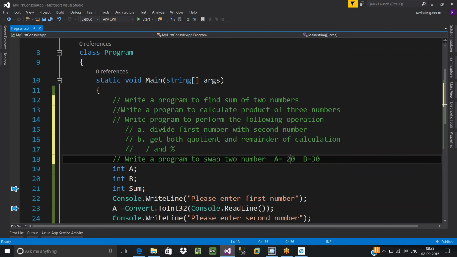You're at the beginning only. If there are any questions or clarifications, I'm here to help you. But ultimately, at the end of the day, you should be in a position to write logics on your own. That is our target. To reach that target, you should keep on practicing different examples.